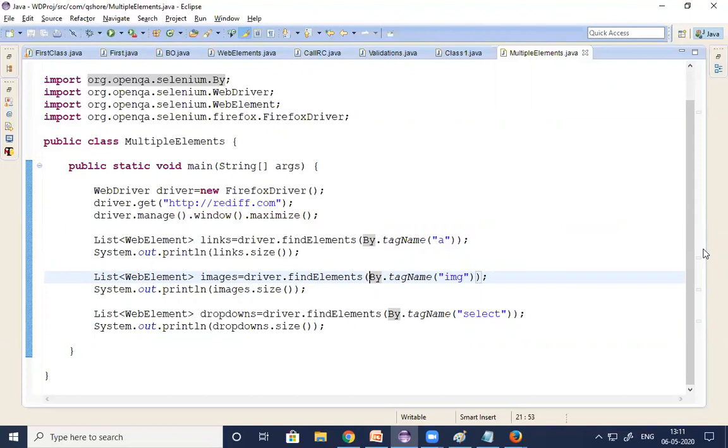Before working on any element in a page, WebDriver has to identify the element. If it is one element, WebDriver will identify that element by using a unique locator. If it is a group of similar elements, we identify them with the help of a common locator. That's what I explained. You first need to know the common locator for every link. Then you can give the instructions to WebDriver to identify the number of links. This is how we work on multiple similar elements.